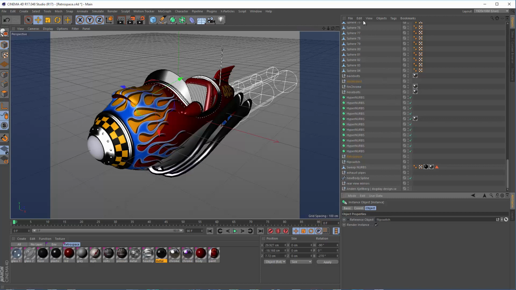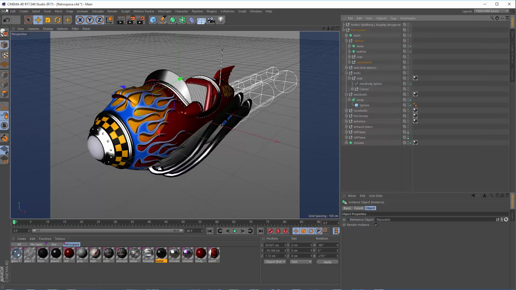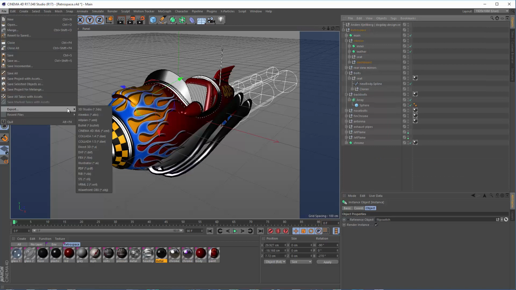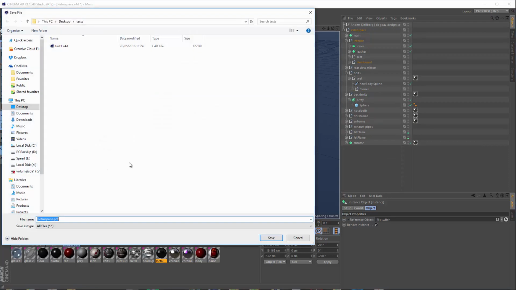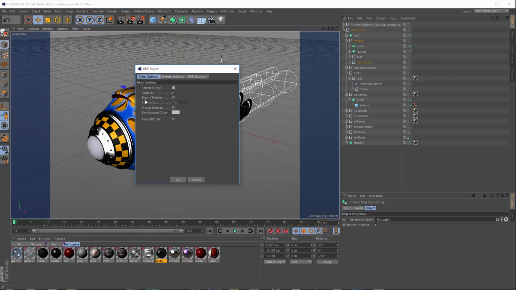So now I want to do a test export just to see what it looks like and how big the file size is. So we go File, Export PDF, and I'm going to save this as Retrospace 1. For the first test, I'm going to make sure that I have Export Textures turned off and that Phong Normals